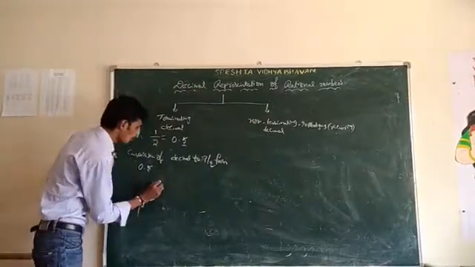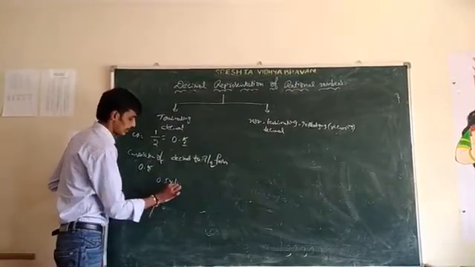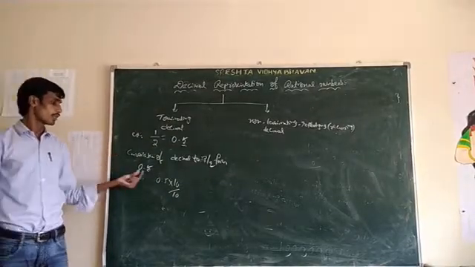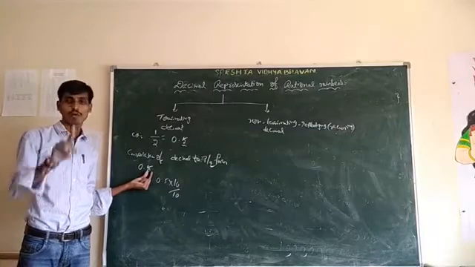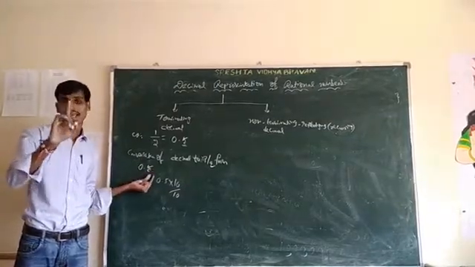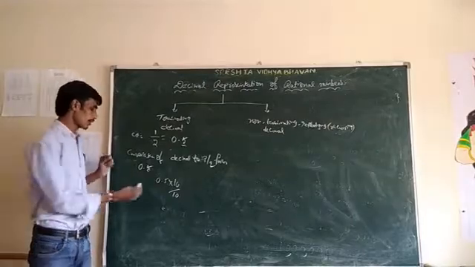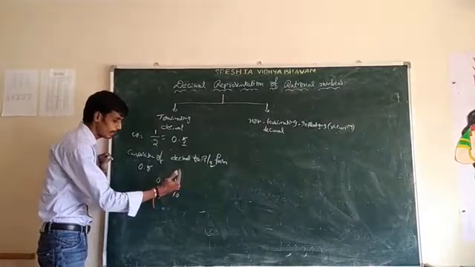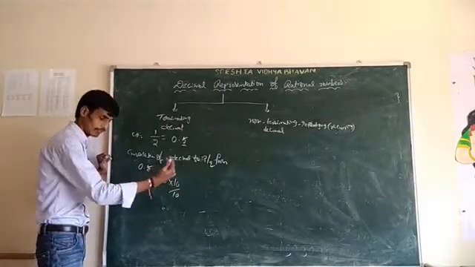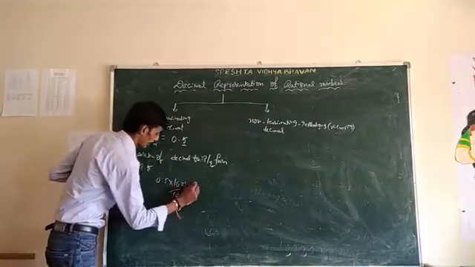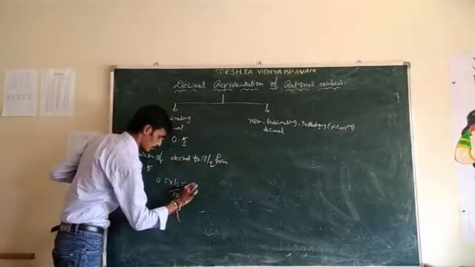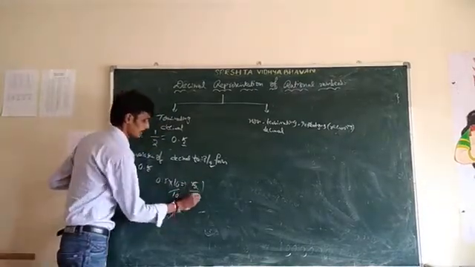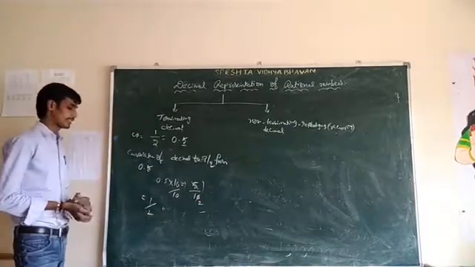That means 0.5 is multiplied by 10 by 10. Why? Because in 0.5 we have only one digit after the decimal. When you multiply the decimal with 10, the decimal point moves one place to the right. That gives 5 by 10. So 5 by 10 means 5 ones are 5, 5 twos are 10, so it is 1 by 2. That means it is in the form of p by q.